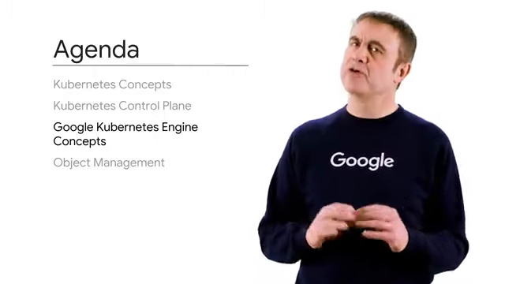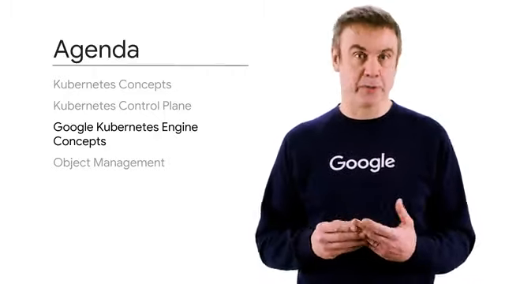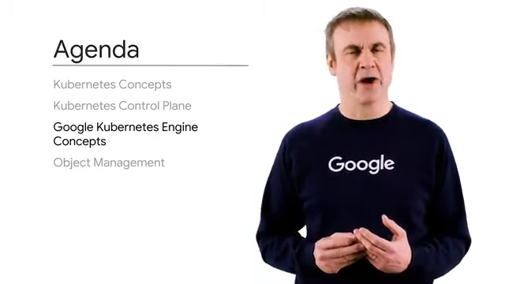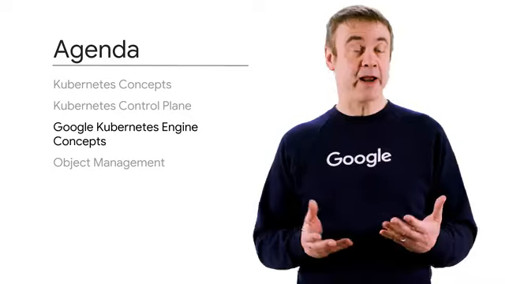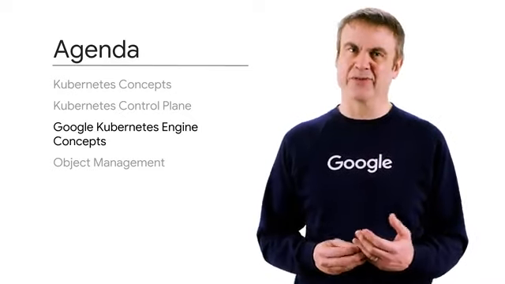Next, we'll introduce concepts specific to Google Kubernetes Engine. That diagram of the Kubernetes control plane had a lot of components, didn't it? Setting up a Kubernetes cluster by hand is tons of work. Fortunately, there's an open source command called kubeadm that can automate much of the initial setup of a cluster. But if a node fails or needs maintenance, a human administrator has to respond manually. I suspect you can see why a lot of people like the idea of a managed service for Kubernetes.